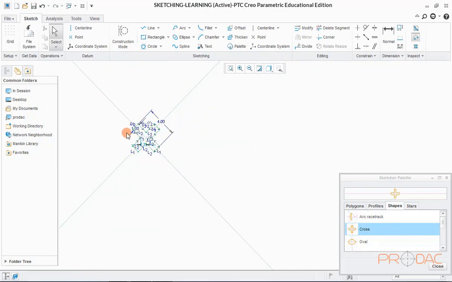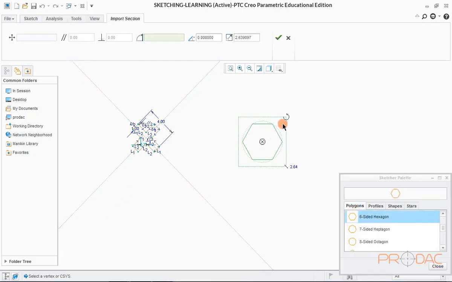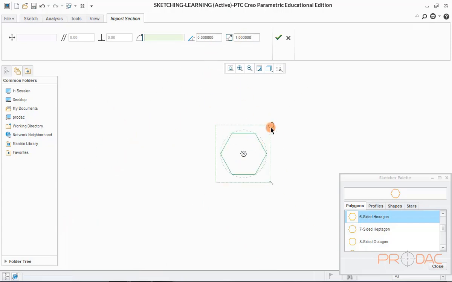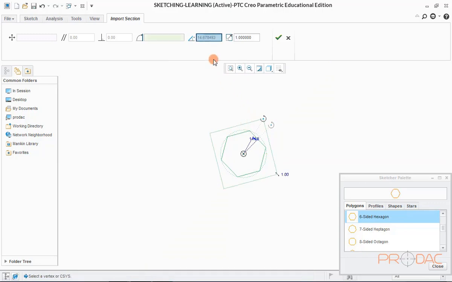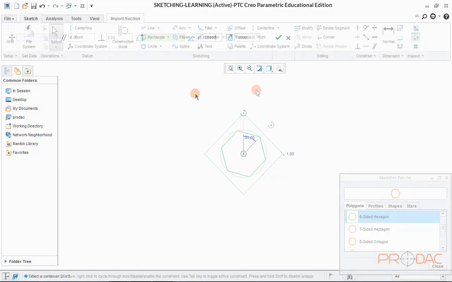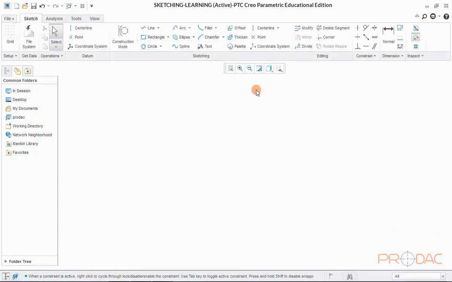We can try to create other shapes in a similar way. Another way to rotate the shape is to input the angle value in this field. With this, we have finished the first part of sketching session.